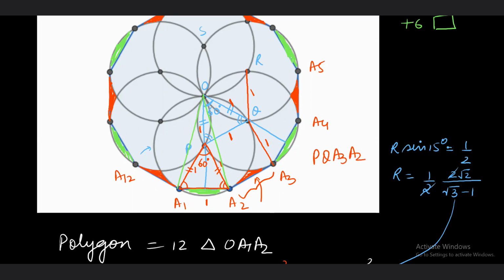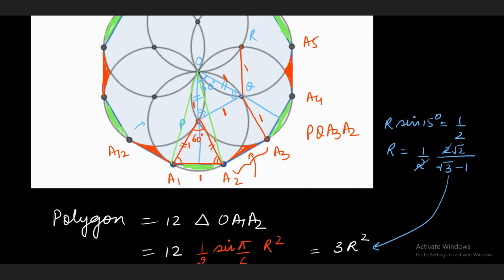Since it is a rhombus, particularly is it a square? That is what I need to check. How are we going to check that? Again, it's a very simple thing. You just need simple geometry. What we are going to do is find out this angle. Okay, we need to find out this angle. How are we going to do that? For identifying this angle, we know that this angle